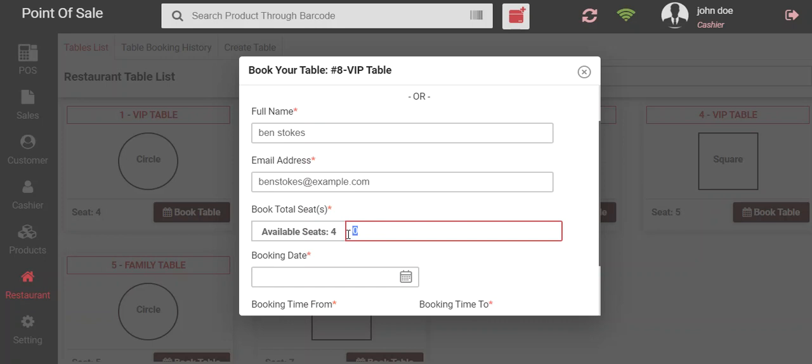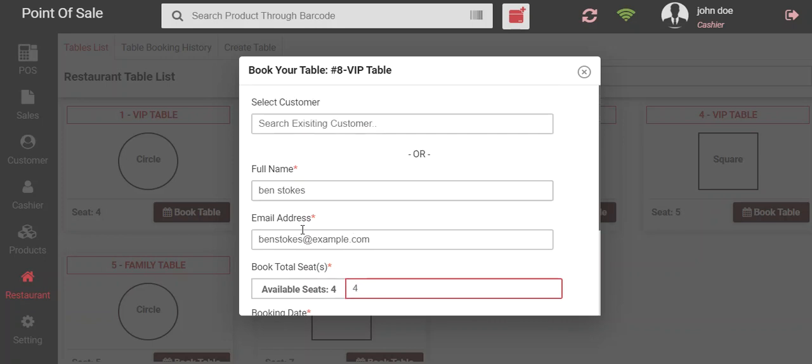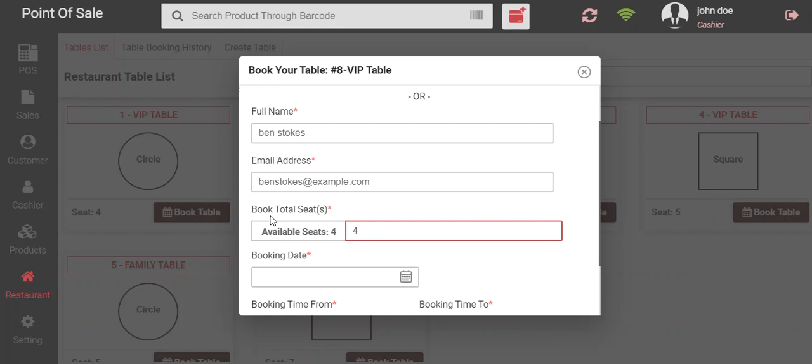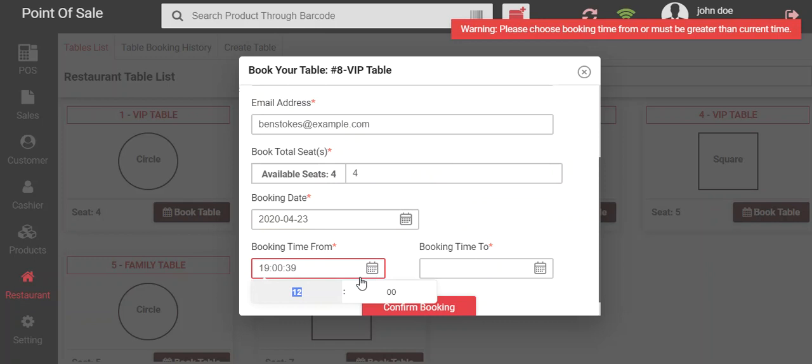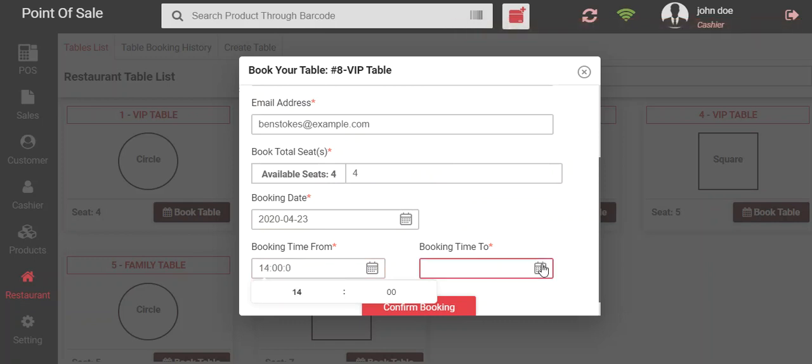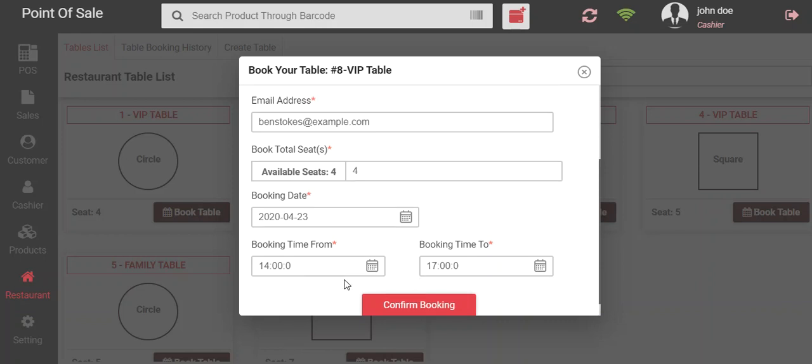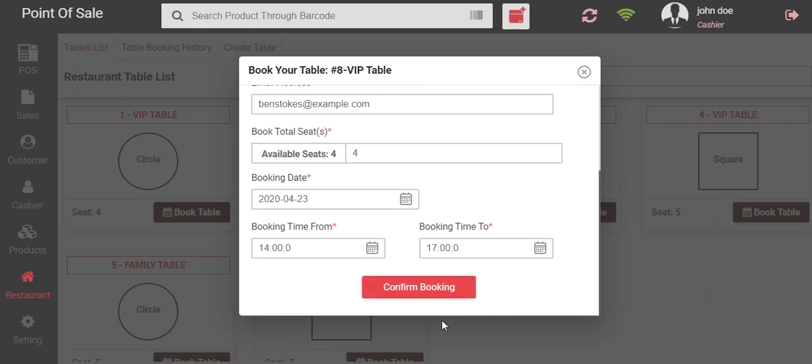Here there are several fields such as full name, email address, and the total number of seats that the customer wants to book. Here, booking date, from here the POS agent can select the booking date for the table, and booking time, according to the requirements provided by the customer. After filling in all these details, the POS agent just needs to click on the confirm booking button.